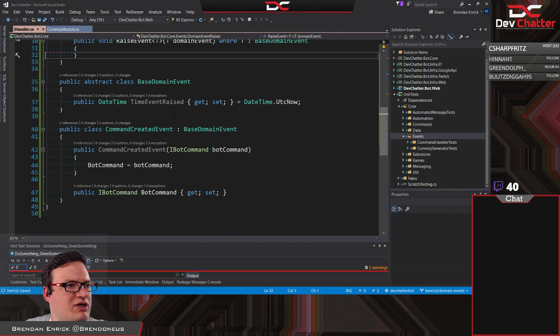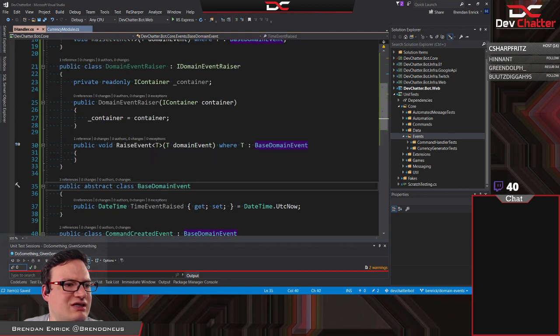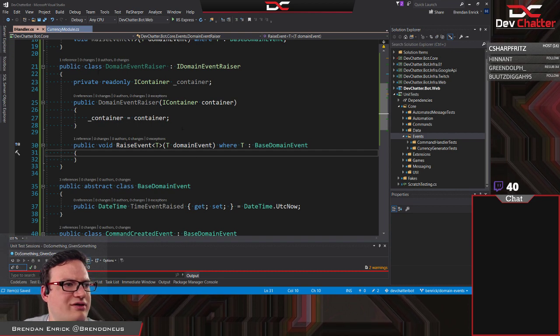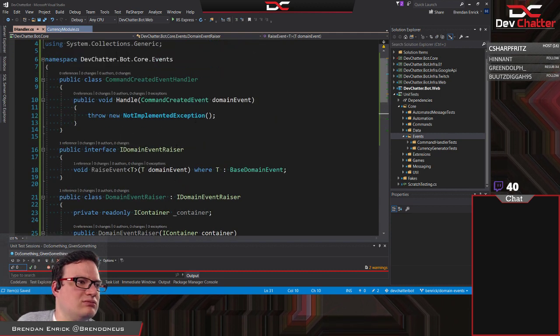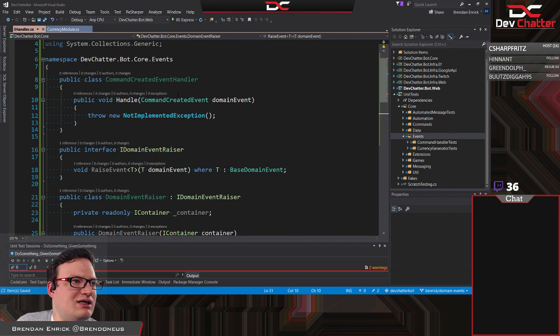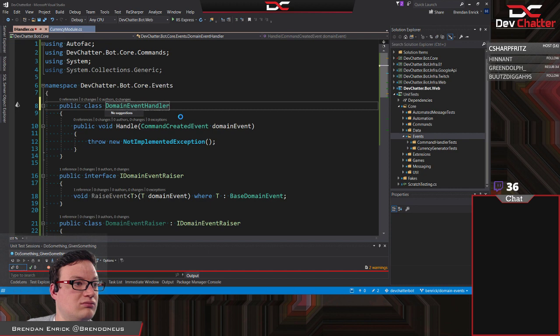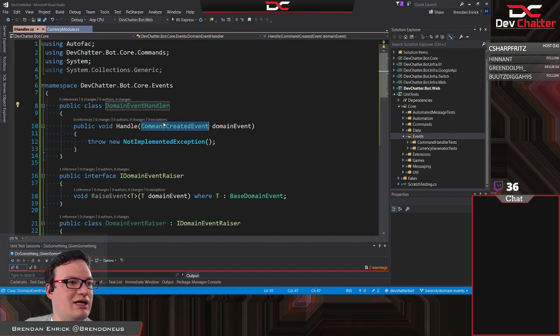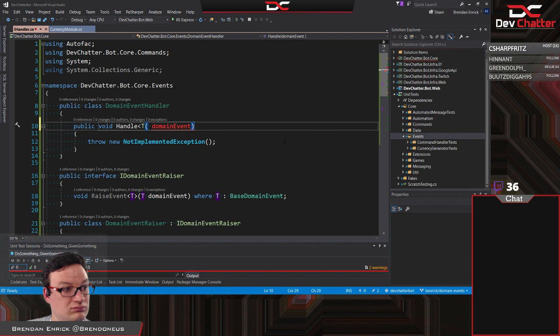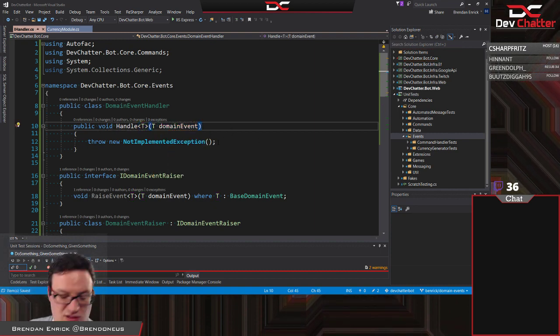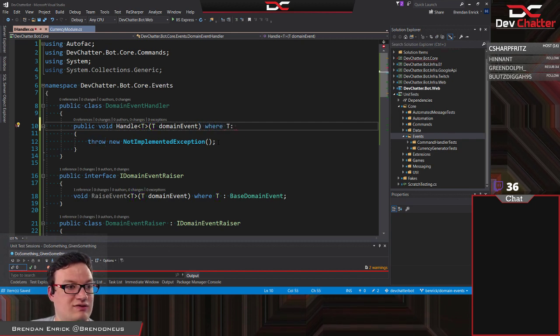So we have our domain event. Our domain event has an object. We want to raise that that event happened. When we raise that that event happened, we need to call all the things that are there to handle them. So let's make the domain event handler, handle domain events of T, where T is base domain event,